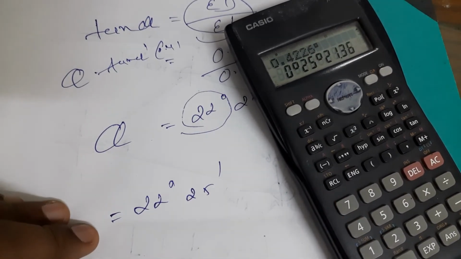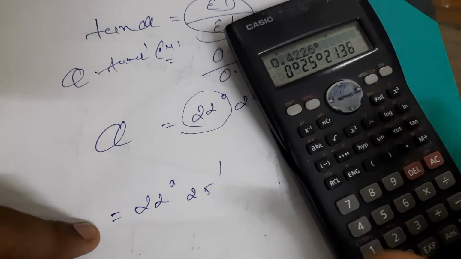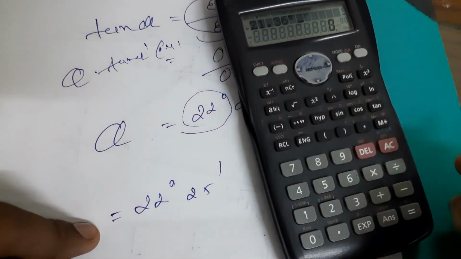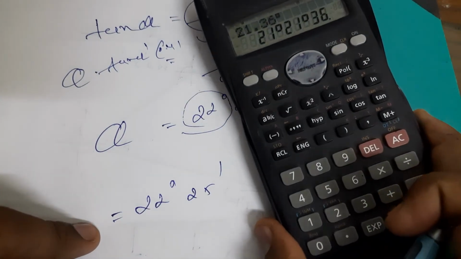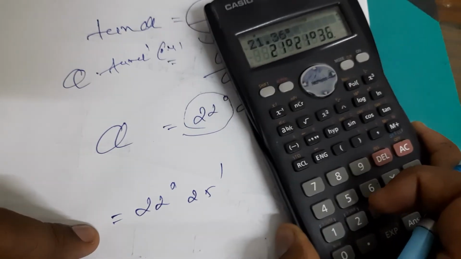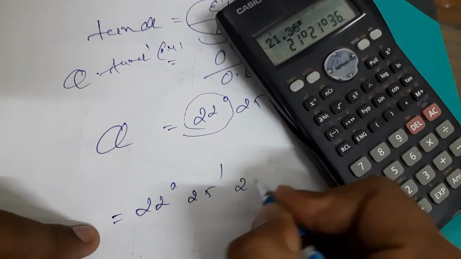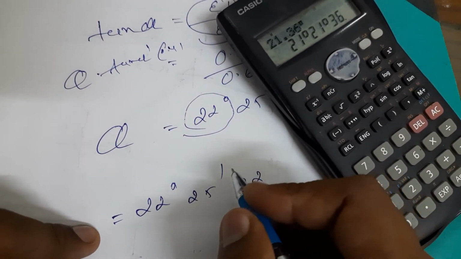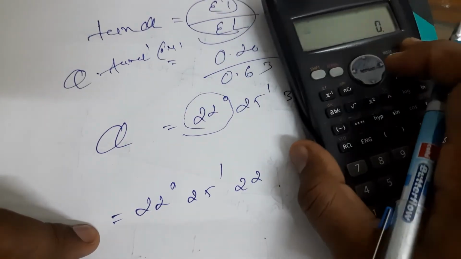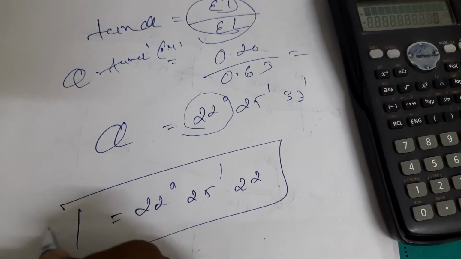Now we also have some value, 21.36, so once again we need to convert it into degrees. It shows 21 degrees 21 minutes, so we just round it off, and it shows 22 seconds. You can write it here. So this is your final answer, theta equal to 22 degrees 25 minutes 22 seconds.